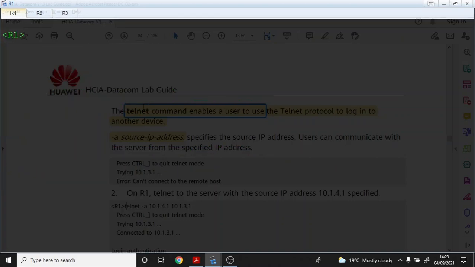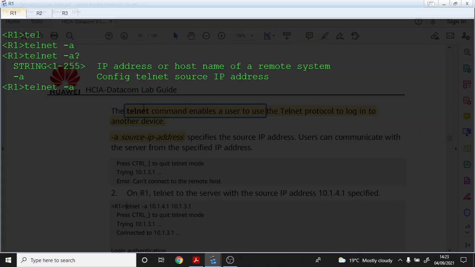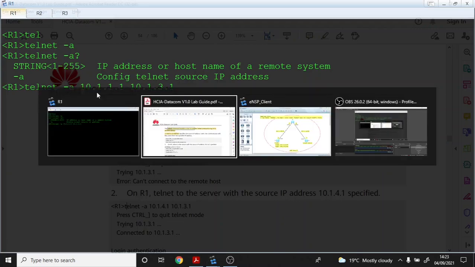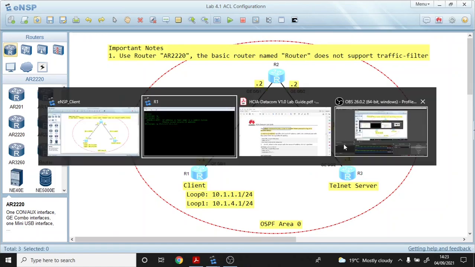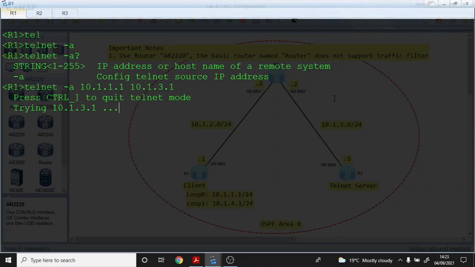So here we can use Telnet. Then we can specify the source by using the -a option, to configure the Telnet source IP address. So we want to first of all simulate that we are coming from loopback 0, so 10.1.1. Then destination, we want to go to R3. So R3 is on 10.1.3.1. Okay. So if I press enter,